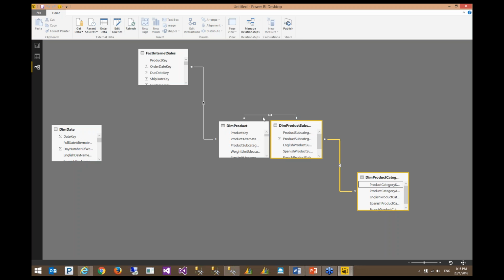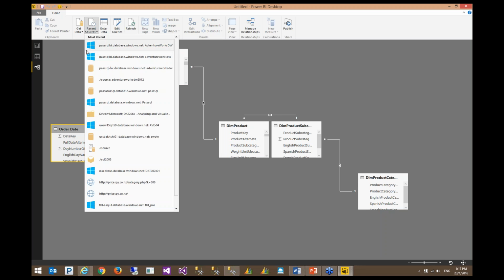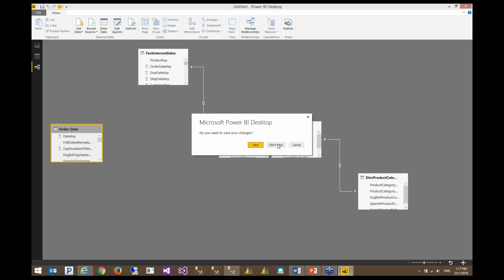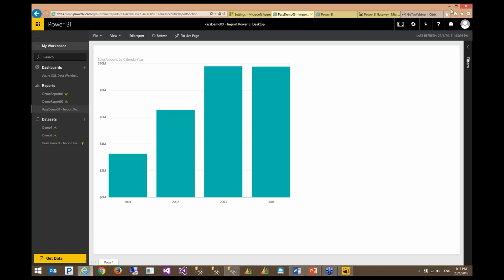As you can see, the links between dim product and product subcategory and product category and fact internet sales are automatically detected, but you can rename your dimension very easily by double-clicking on the name. And as I mentioned, if you need to import your conform dimension several times, you can go and use recent sources.